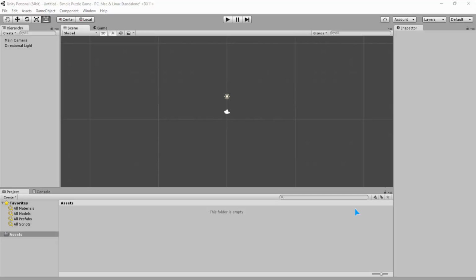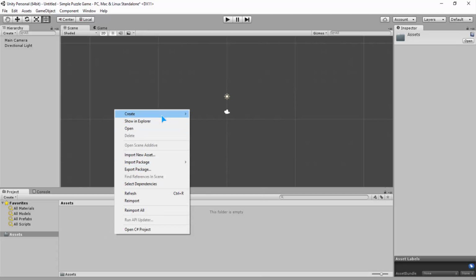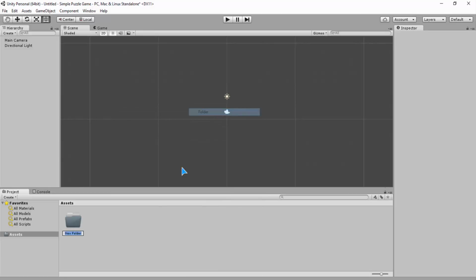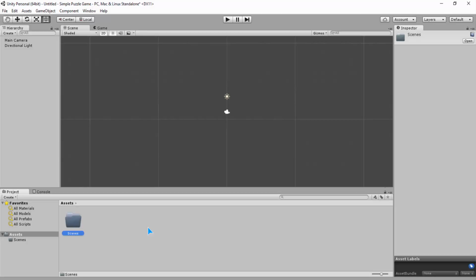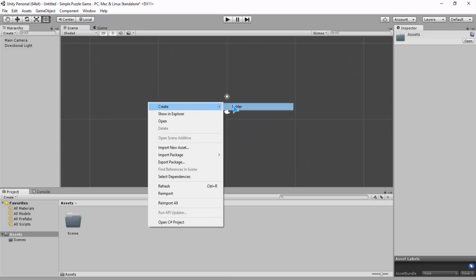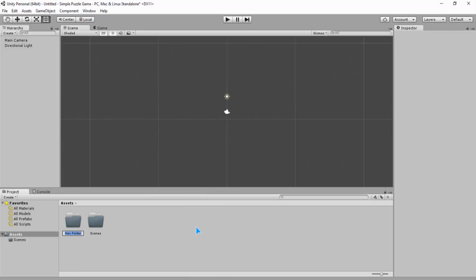So, here I have a simple project which is a 2D project named puzzle game, and first, in Assets, we make a folder. In Assets, right click, create, and folder, and we name it Scenes for game scenes, and then we make folders for prefabs and scripts.